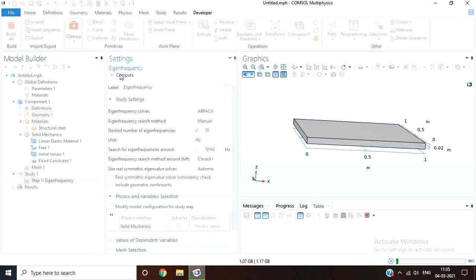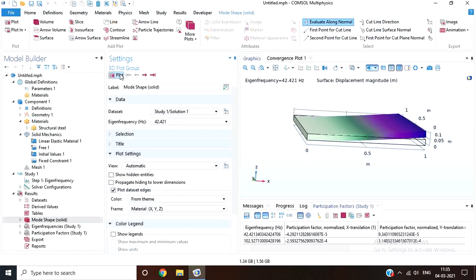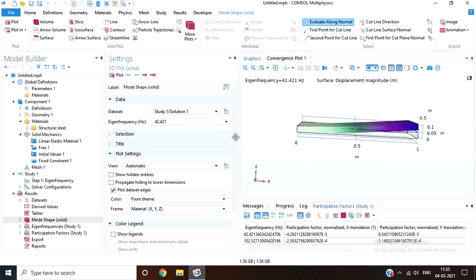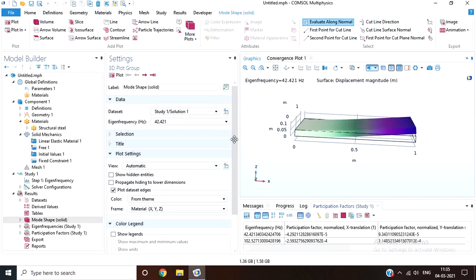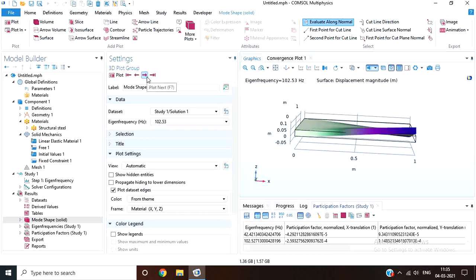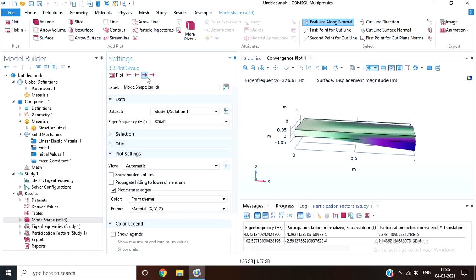In this, by default, you'll get the mode shape plots for all the eigenfrequencies or the natural frequencies. So you can see the mode shape plots. This is the first natural frequency. This is for the second eigenfrequency. In total, you can see by clicking on this next arrow that there will be 10 such eigenfrequency results found